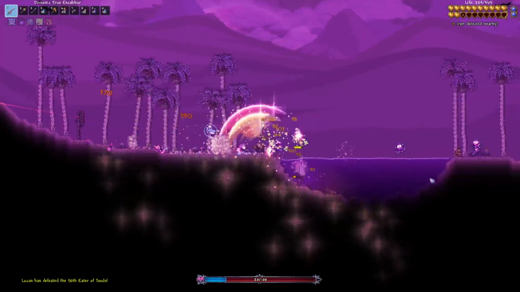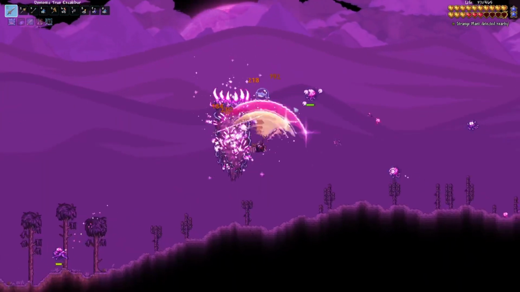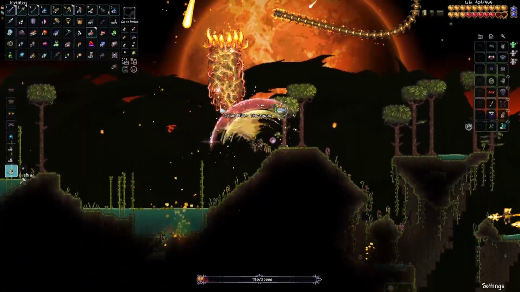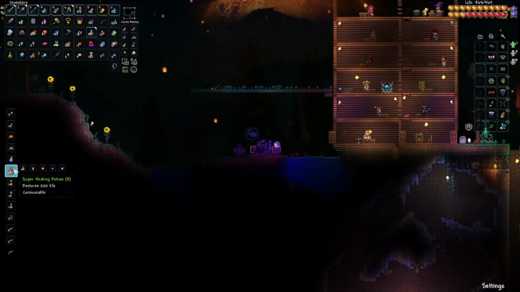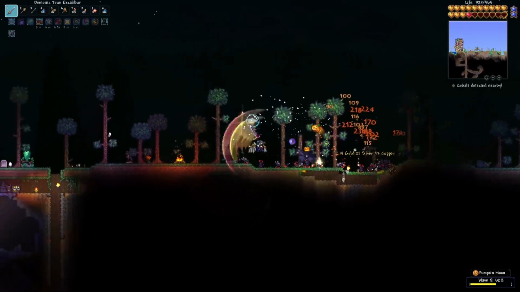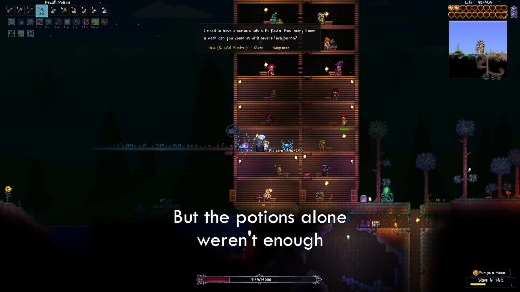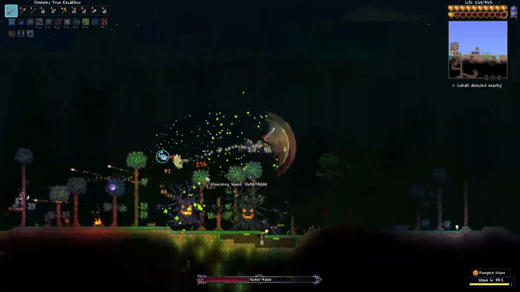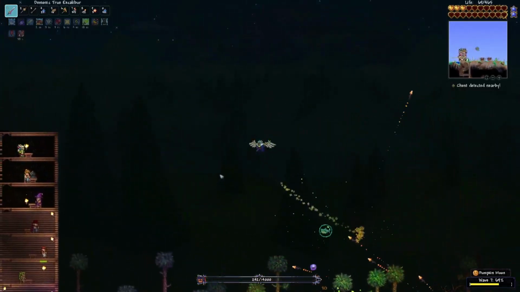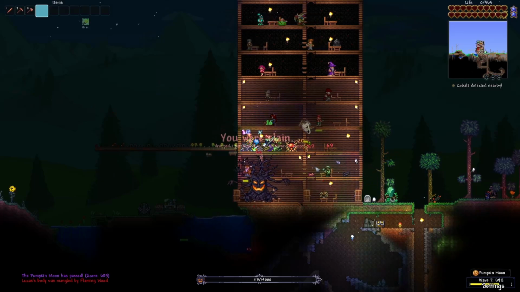pillars to make some super healing potions to keep me alive for longer against the pumpkin moons. With the new potions, I now felt borderline immortal, going in to fight another pumpkin moon, this time making it further than the last. The potions, however, weren't going to keep me alive, so I also was using the nurse to heal me up. But when I needed her the most, I couldn't reach her and died,